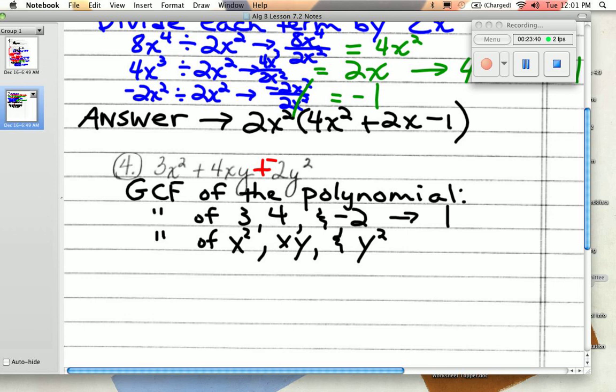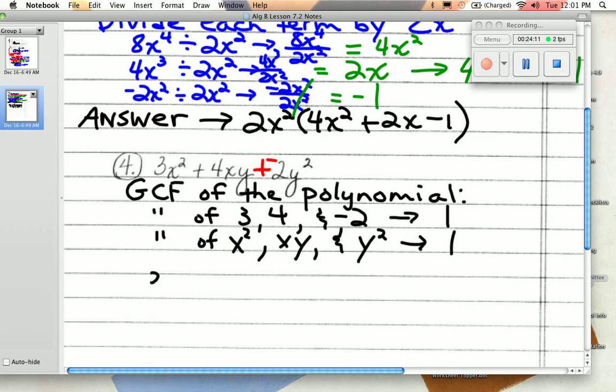Because in the first one, there are only x's, so you can't divide any y's out, can you? And in the second one, there are x's and y's, so you can divide out x and y, but you couldn't divide y out of the first one, so you can't do that. And the last one only has y's, it doesn't have any x's, so these guys don't really get along at all. Their GCF is 1. So guess what? We don't even have to work at this one. We can say